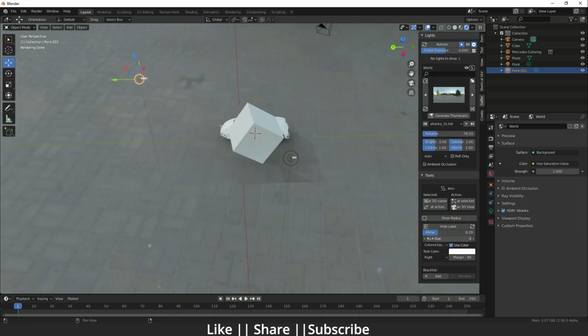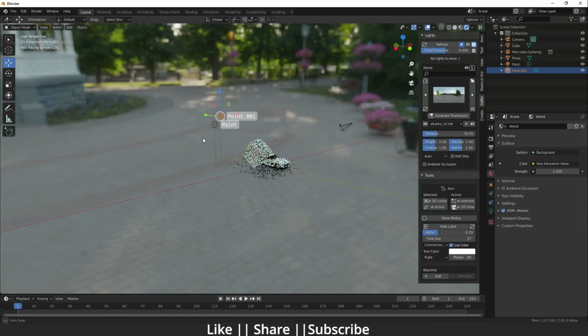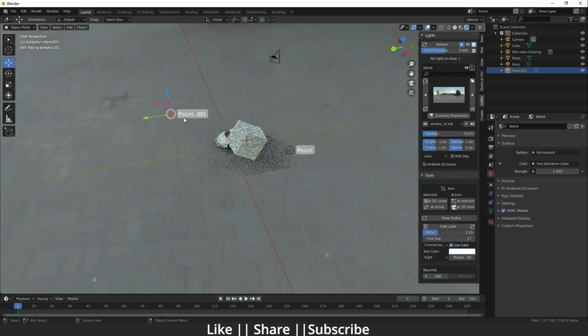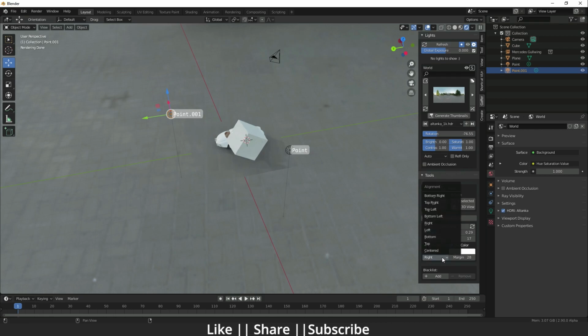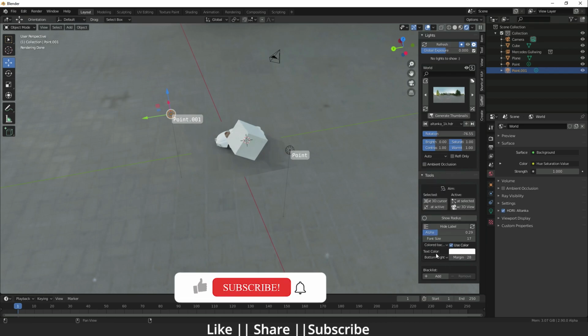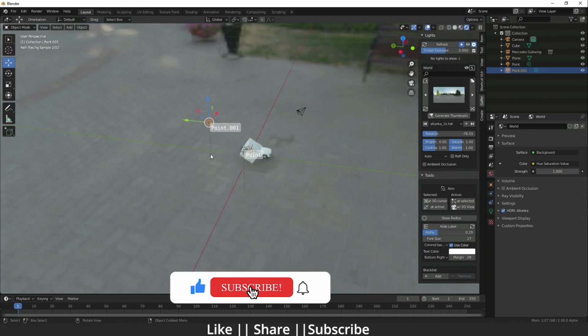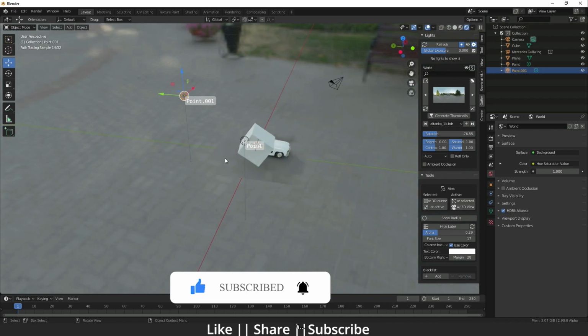We can increase the font size also. Sometimes we need to know which light is which. I will set that name backlight, that is front light, so we can see easily from here. And we can change the color also. Okay guys, and that is the margin, how far or how close from that light, and which direction you need, bottom, left, right, you can set from there. Sometimes it's useful, so you know which lighting I'm using and which lighting I'm not using. So that is the tool.